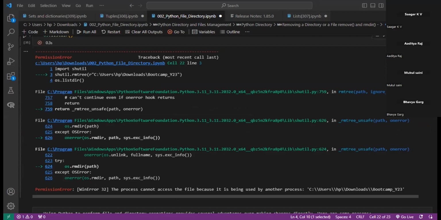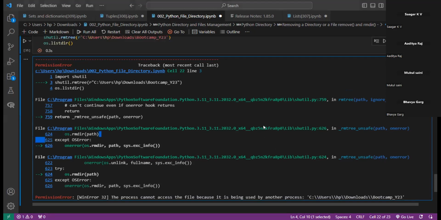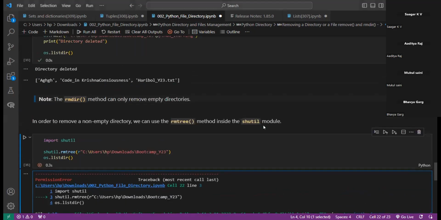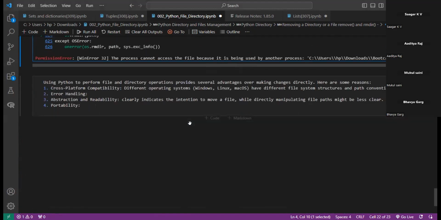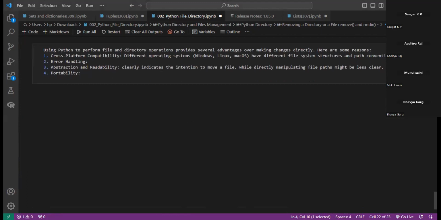रिमूव के अंदर 2 चीज़ें होती हैं, एक RMDIR, जो हमारी एम्प्टी डायरेक्टरीज को रिमूव करता है। लेकिन अगर हमारे पास फील्ड डायरेक्टरीज हैं और उनको हटाना है, तो दूसरा मॉड्यूल यूज करना पड़ेगा, शटल। उसके अंदर हम RM ट्री का यूज करेंगे। तो यहाँ तक क्लियर हो गया ना सभी को।